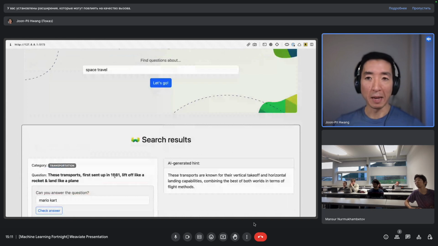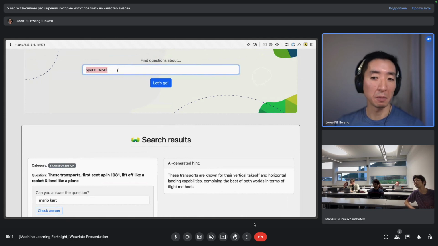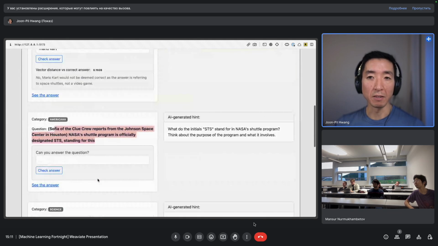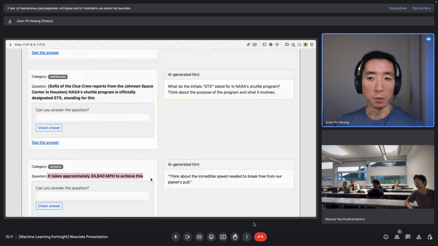A couple of things to think about is, what's happening under the hood when I search for the term space travel? What is the search mechanism that causes a question like this to come up, and how might you build a search system that retrieves these results based on a query?